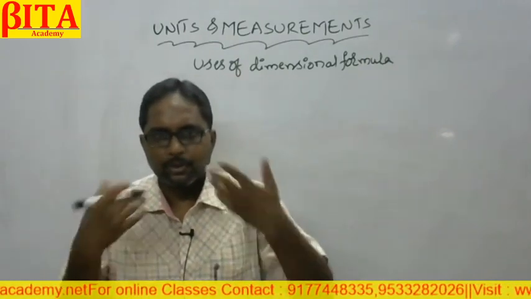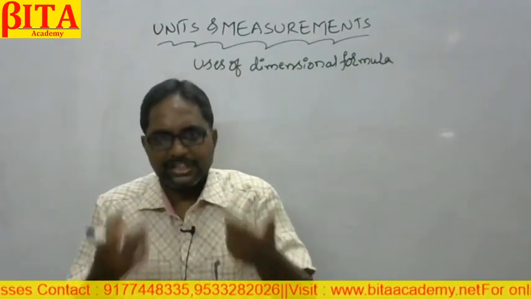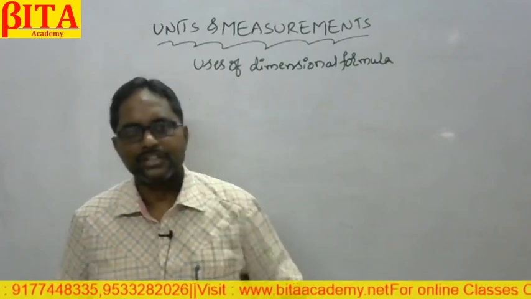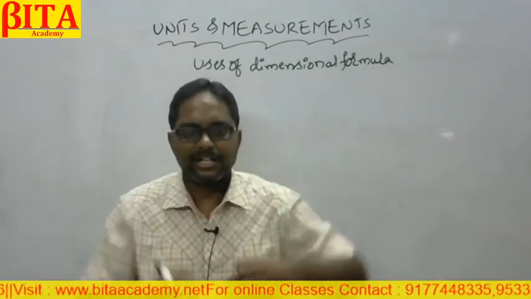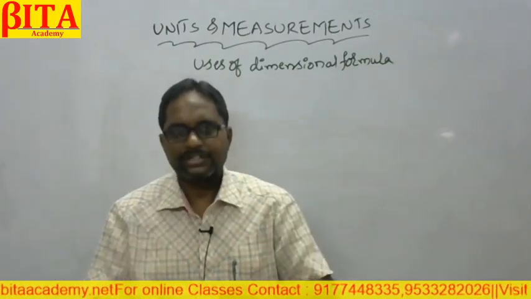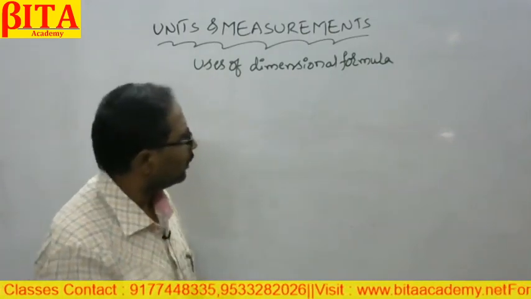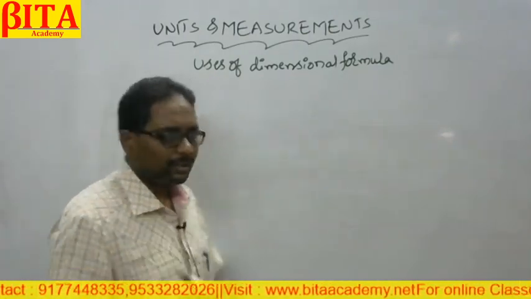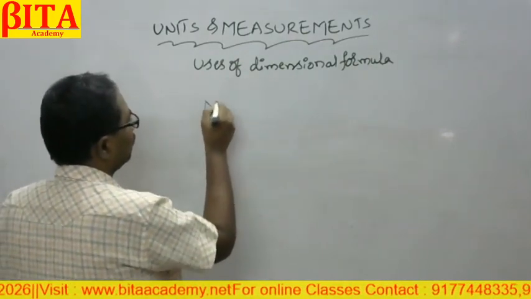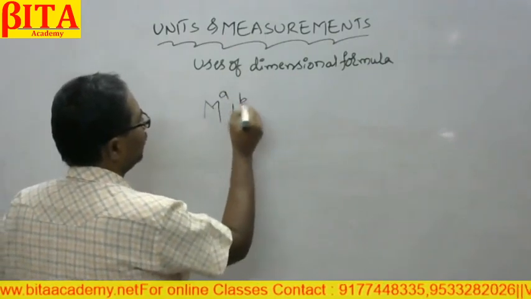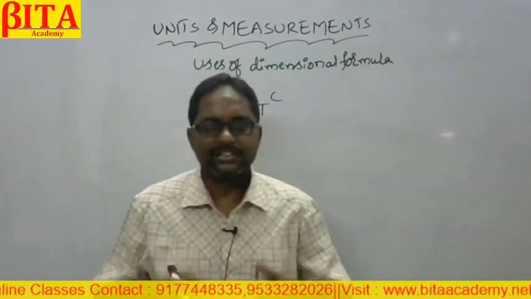Suppose I think about pressure, which is a derived physical quantity. How many fundamental physical quantities are there in that derived quantity, and with what power they appear in pressure, will be expressed by one formula, and that is called the dimensional formula. So the dimensional formula can generally be expressed as M to the power a, L to the power b, T to the power c, where M, L, T stand for mass, length, time.